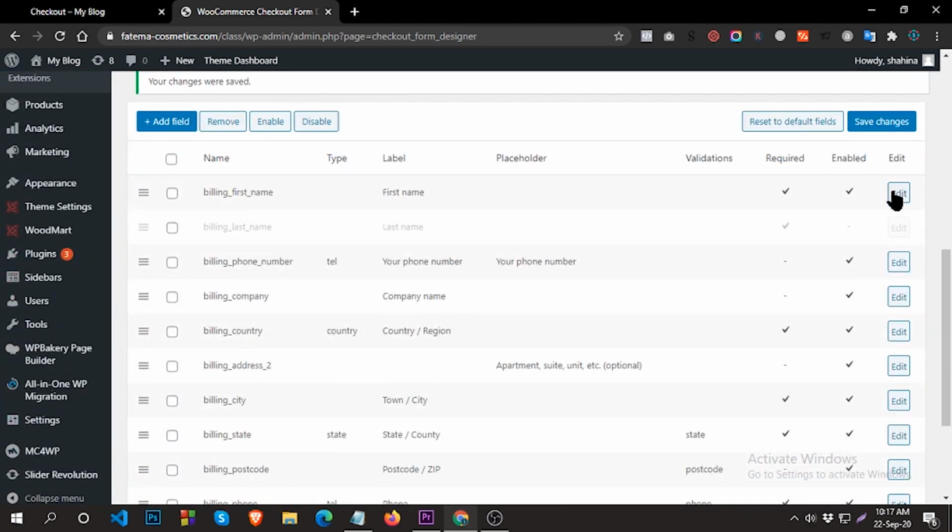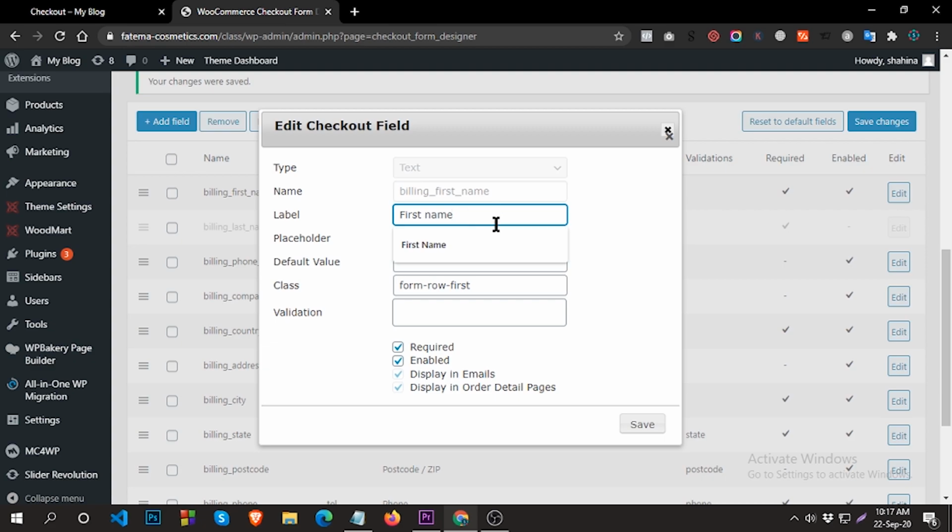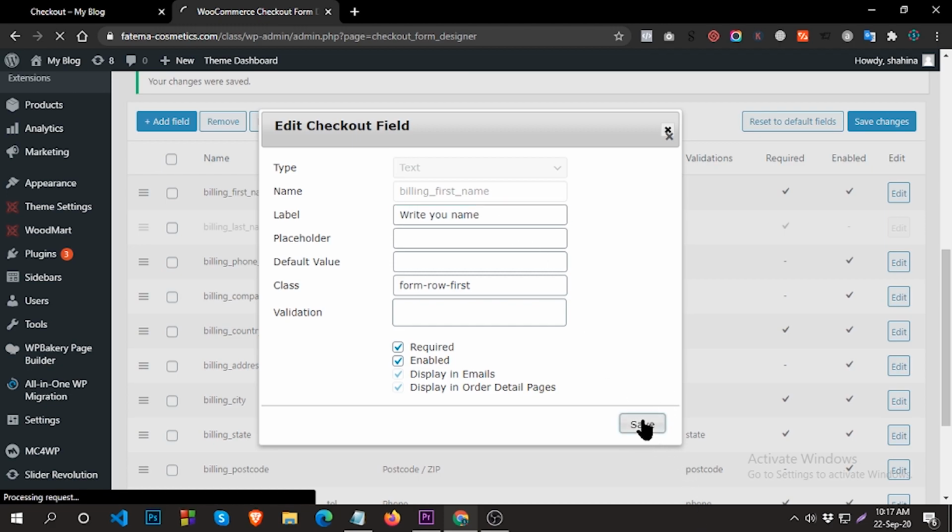From here you can also edit. Click on Edit, first name, write your name, then Save Changes.